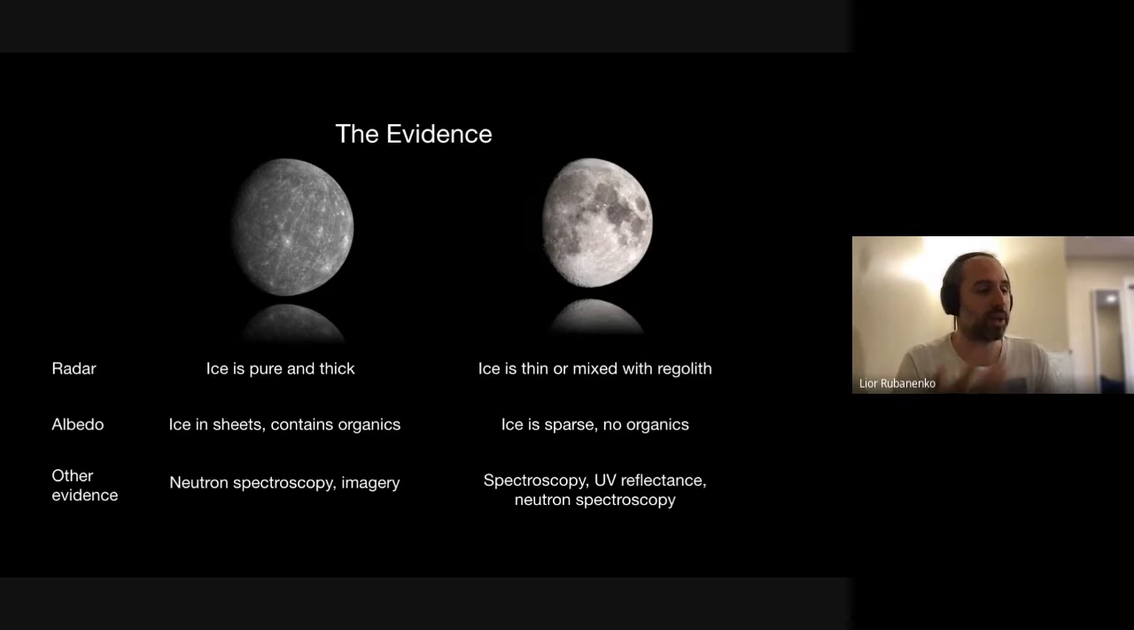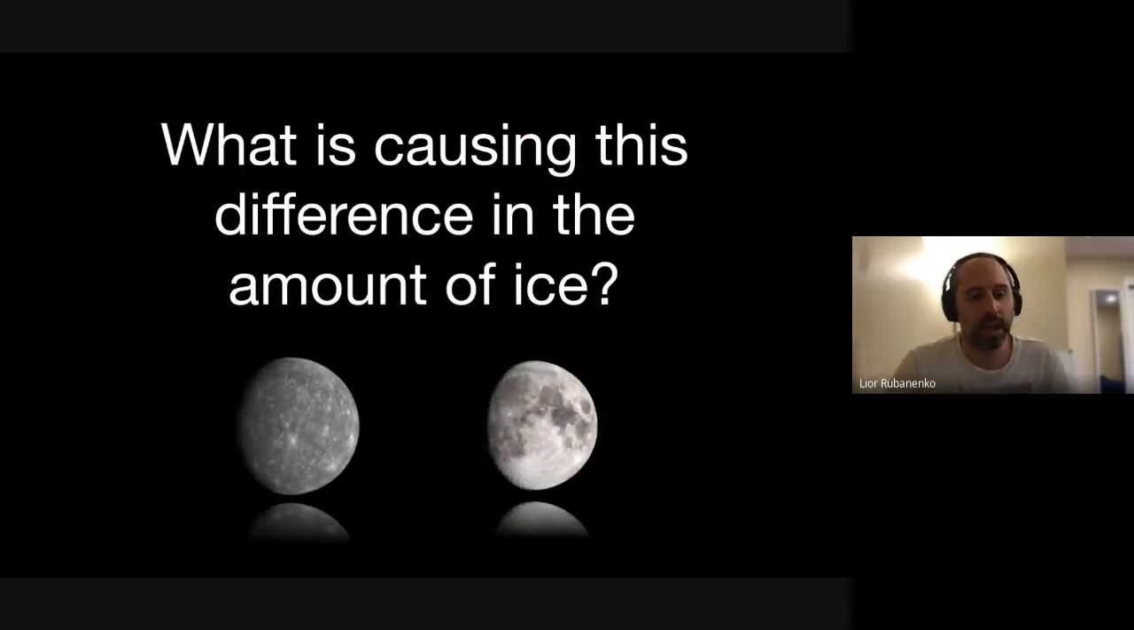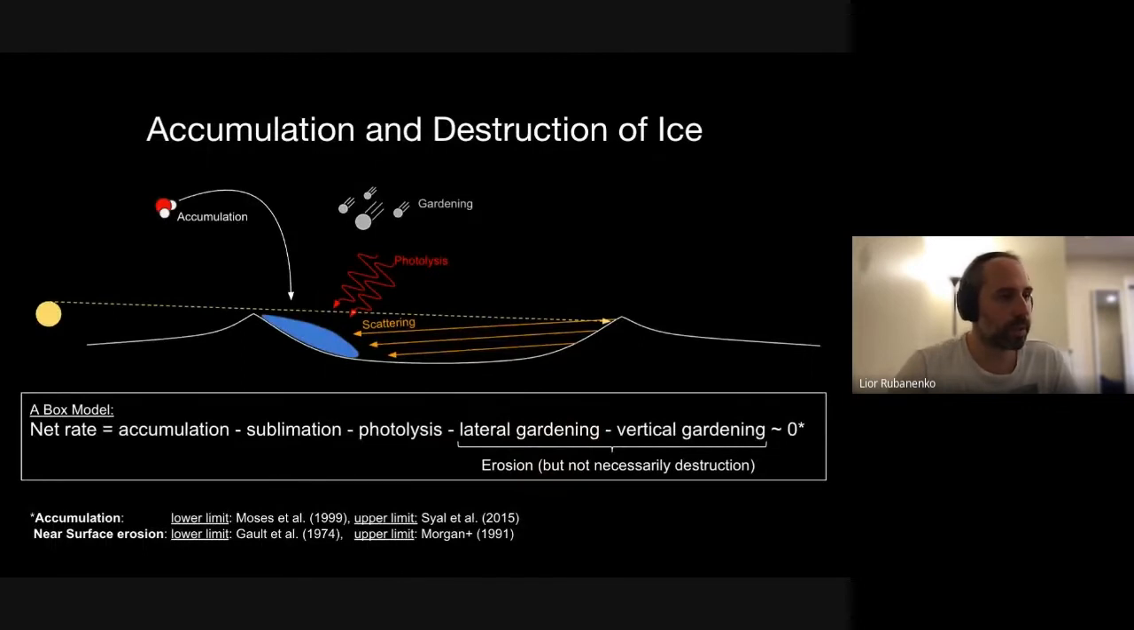And then we have other evidence, which I haven't mentioned, like neutron spectroscopy that shows evidence for ice on both planetary bodies. We have images of ice on Mercury, but not on the moon. And on the moon, we have other lines of evidence, like UV reflectance, which I haven't shown, and others from other instruments. And again, one of the most important questions in the study of the inner solar system today is what's really causing this difference in the amount of ice. And to answer this question, I think we have to look at